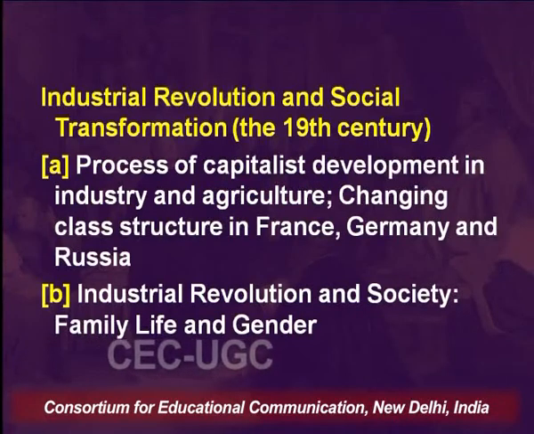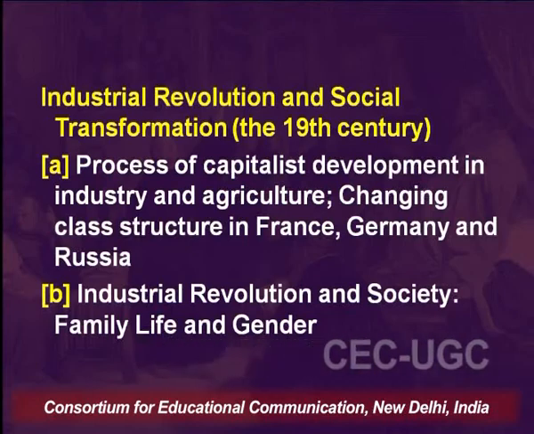my earlier lecture as well, part 1 of this, the consequences following out of industrial revolution, not only in economic terms, but also its ramifications for the social order, for social transformation. So, as a subunit of this, we tend to study about the processes of capitalist development in industry and agriculture. So, it's not only about mechanized production in factories, in towns and so forth, but even agriculture was getting mechanized. Those of us who are aware of the Indian reality,